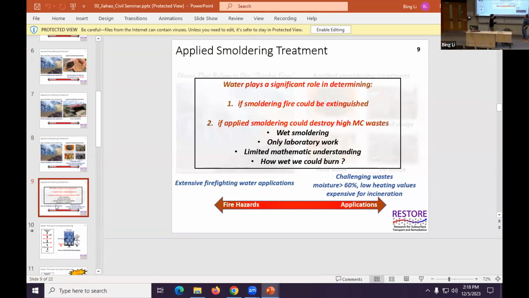It's actually no difference. Basically we have a delicate balance here. On the left side, we want to stop the smoldering. We want to increase the water content to stop smoldering, because that is a fire hazard. We don't want smoldering. But because smoldering, the so-called zombie fire, is very hard to kill, we can use that feature to help us destroy the contaminants. So in the application, we don't want smoldering to die. We want smoldering to survive to destroy the contaminants. Okay, so that's just controlling the moisture content. Controlling moisture content. For the natural hazard, we don't want smoldering, but for the application, we want it to survive. Like a dial.